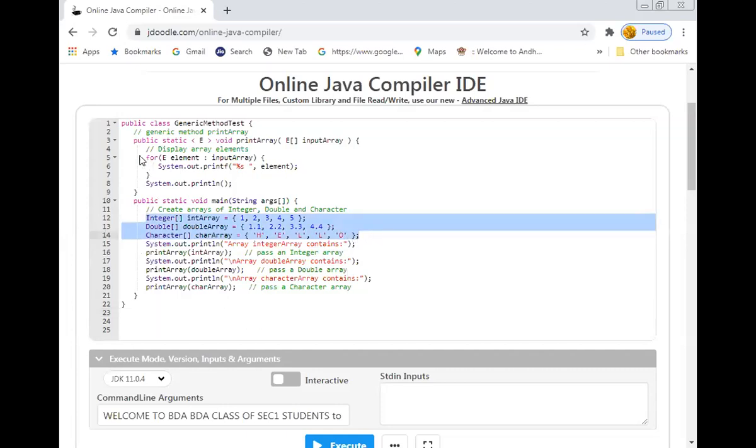Now here in the class, it is a normal class, and I have defined a generic method: public static <E> void printArray(E[] array). Here E is the element, as we have seen in the slides, E represents an element.